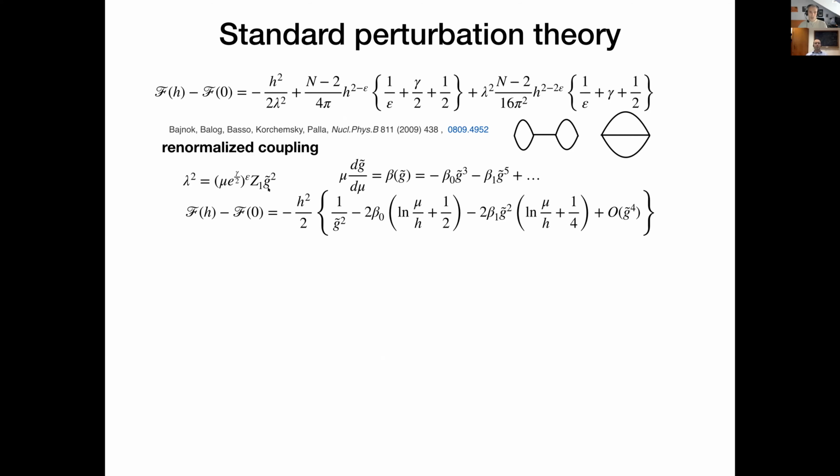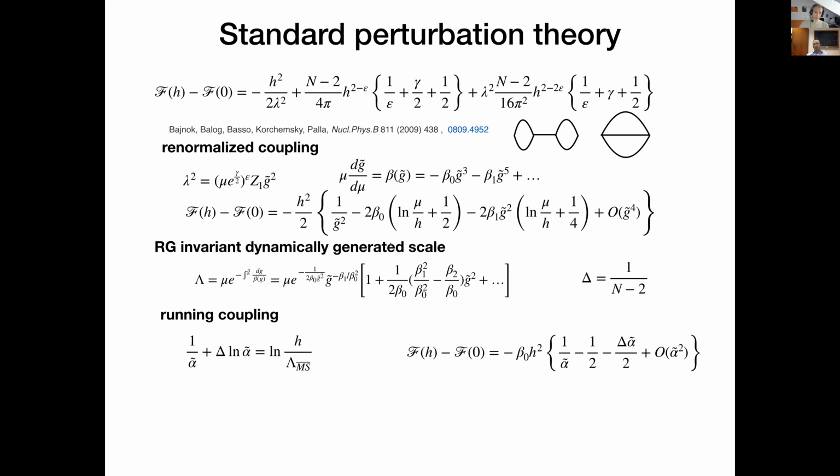So you introduce the renormalized coupling. This is G tilde, but this coupling is running. You could calculate the beta function. And you could express the free energy instead of the bare coupling in this running coupling. At leading order, they are the same, but at higher order, you will get corrections. As a result, you can calculate the free energy density as a function of the logarithm of mu, which is the renormalization scale, divided by h. This is a dimensionless quantity, and this running coupling. But of course, this depends on this mu.